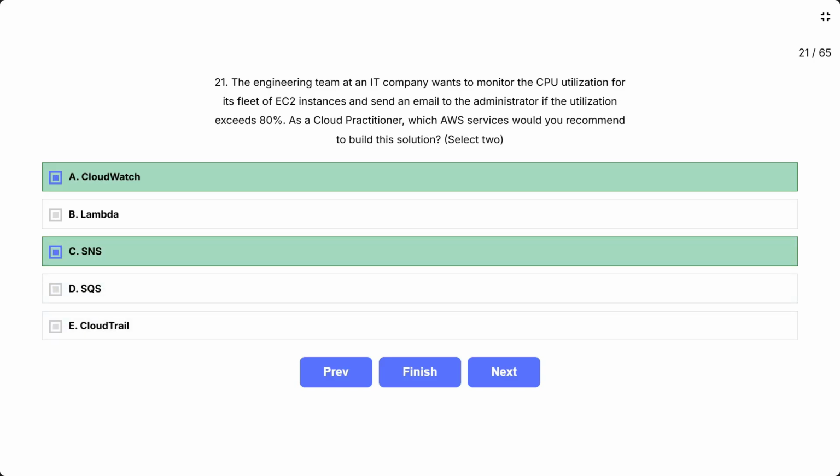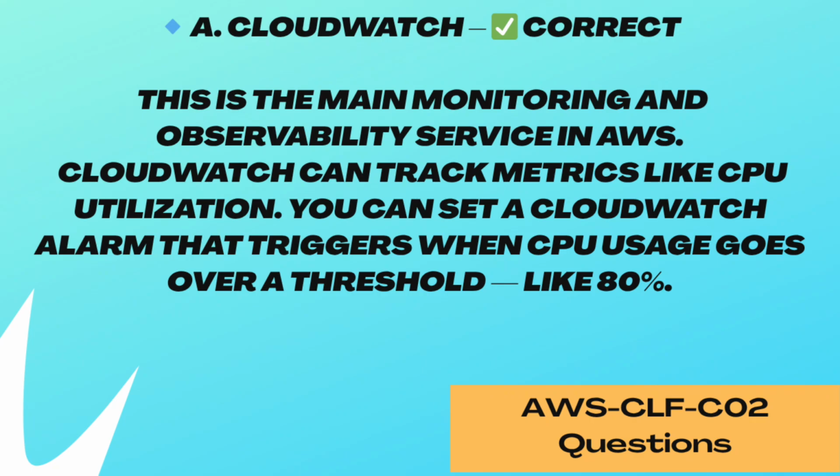CloudWatch is the main monitoring and observability service in AWS. CloudWatch can track metrics like CPU utilization. You can set a CloudWatch alarm that triggers when CPU usage goes above a threshold, like 80% in this question.